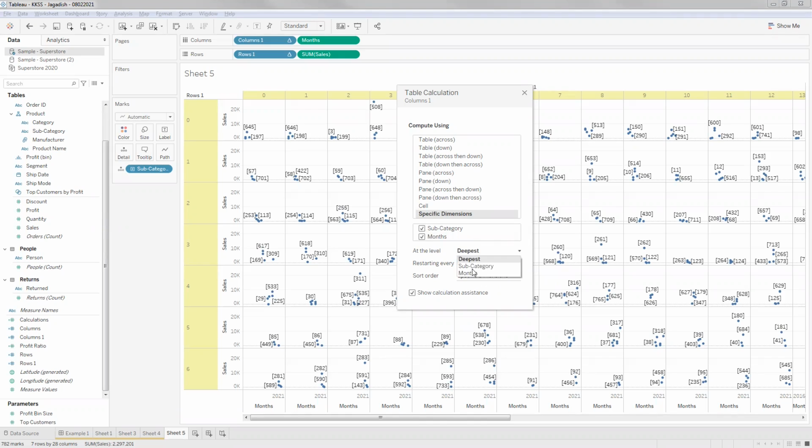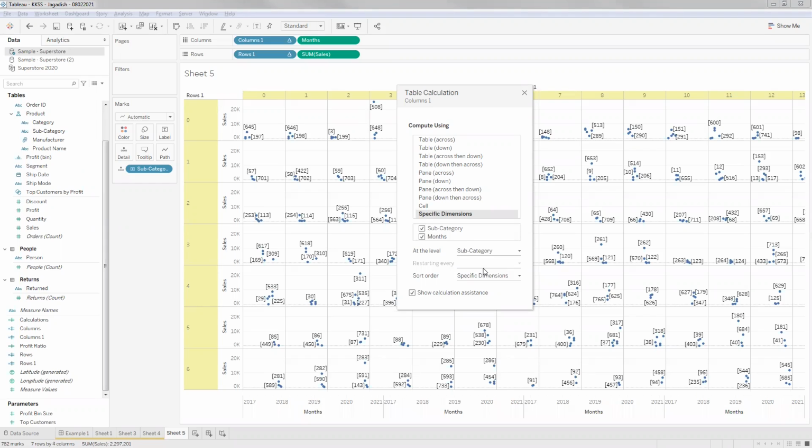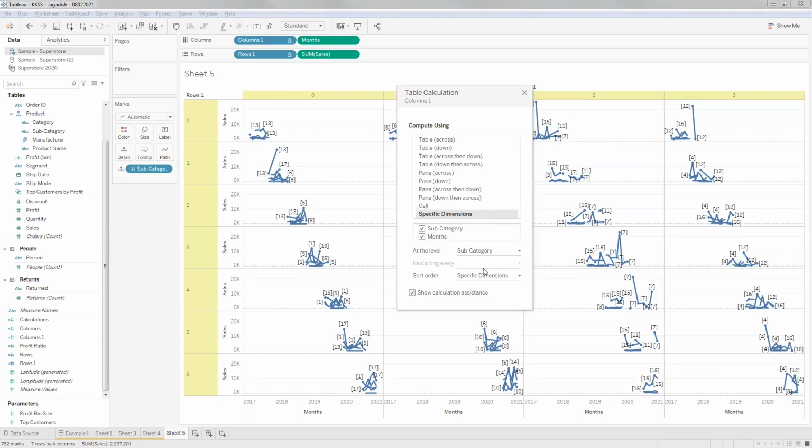Months is basically the deepest, so deepest and months will be the same. If I change this to months, nothing will change because both represent the same thing. But if I change this to subcategory, my calculation will stop here at subcategory itself.